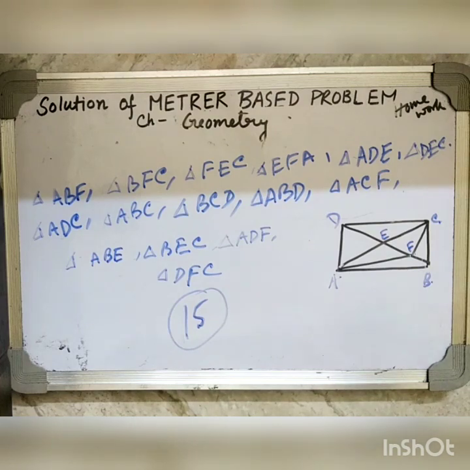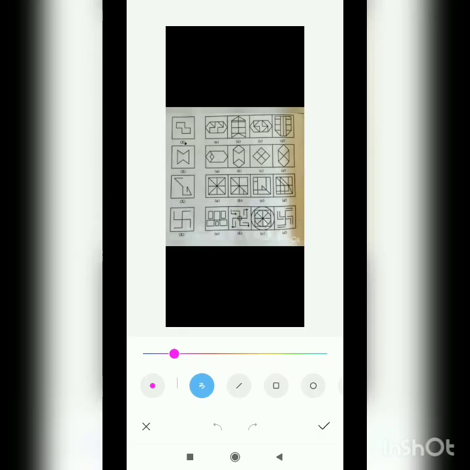Okay. Now let's come to the next question. Now for this question, it was written there that this figure will be embedded in which of these figures. These 4 options are there and this figure will be embedded in any of these figures. Okay, so let's find it out. See, if you check this one, then you will get this figure which is embedded over there. Okay, so option C will be our answer.